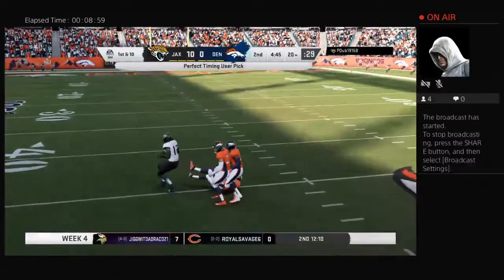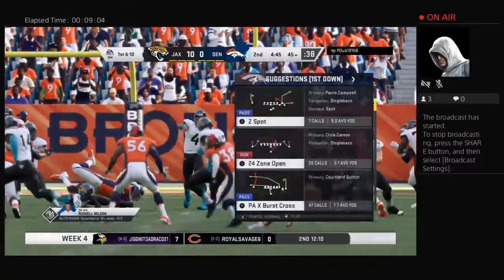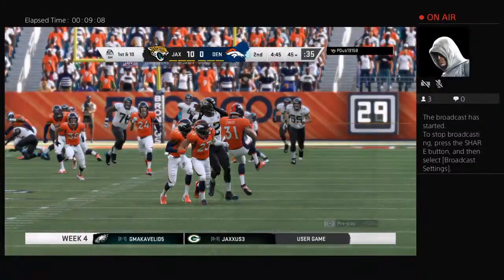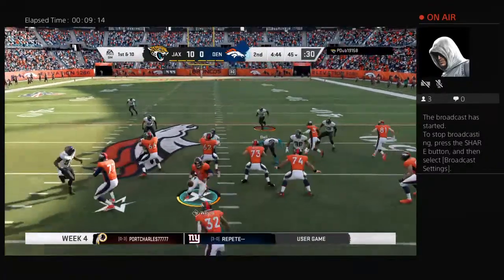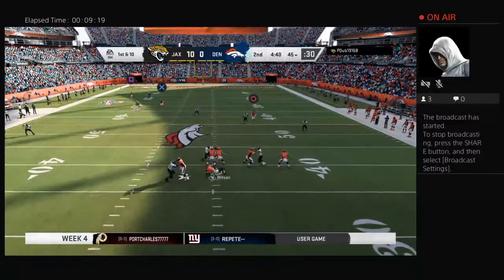Into a double team, and it's intercepted. Picked off by Justin Simmons. He's continuing to be a big presence defensively. Remember last week, AFC Defensive Player of the Week, and a big pick right there. And when you pile up big numbers, it gets everyone's attention. But sometimes the number just needs to be, how many game-changing plays did you make? Did you take the ball away from the...